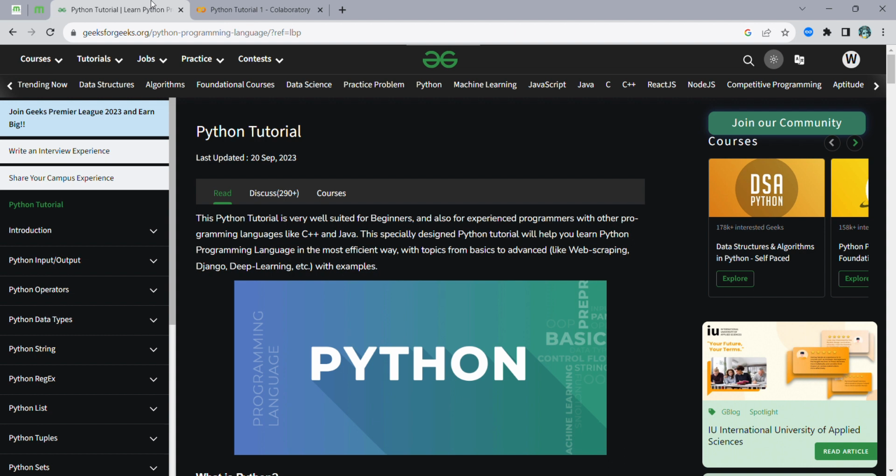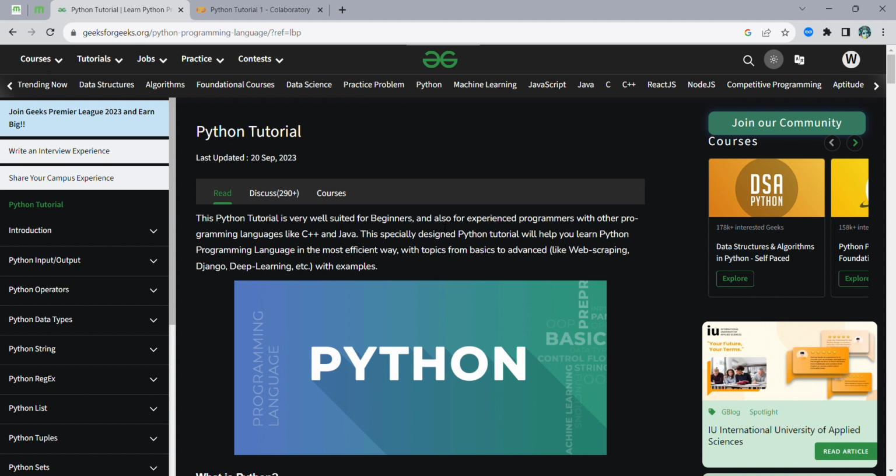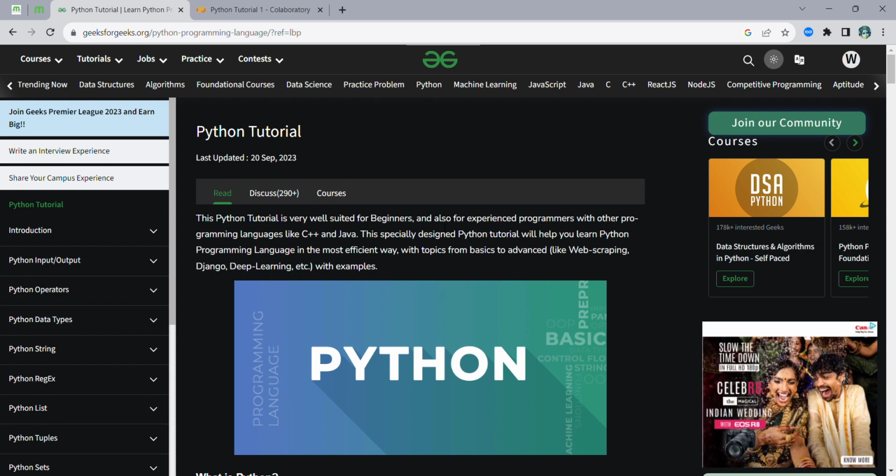Python is very well suited for beginners and also for programmers experienced with other languages, because we have different programming languages like C++, Java, and C. So why are we going for Python? Because Python is an efficient way to understand very advanced topics, since here we have different libraries and tools.